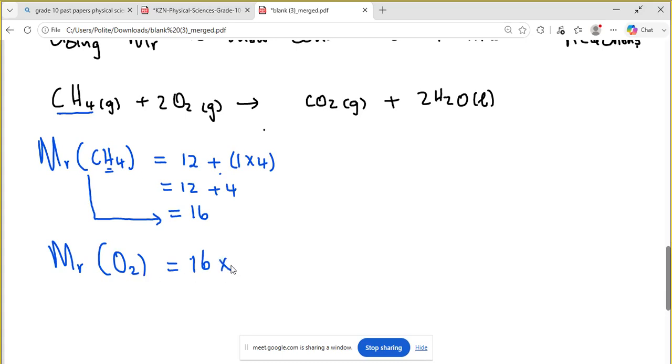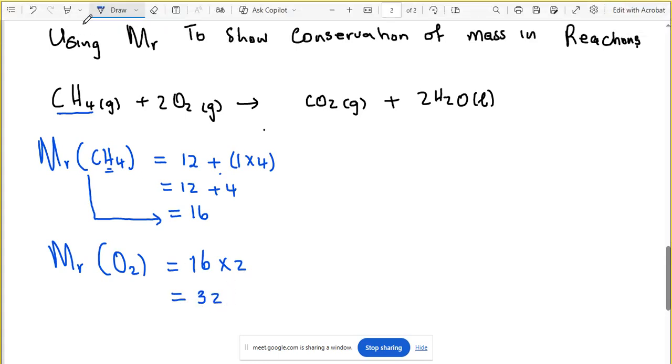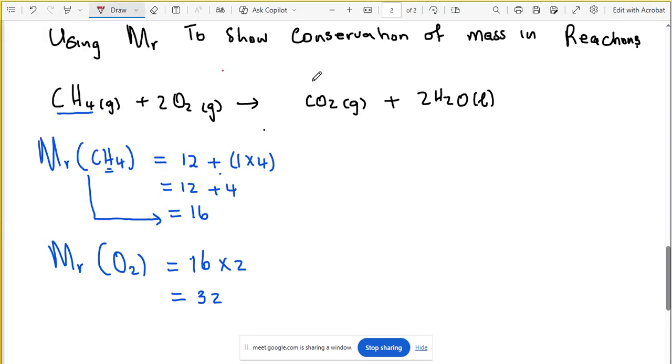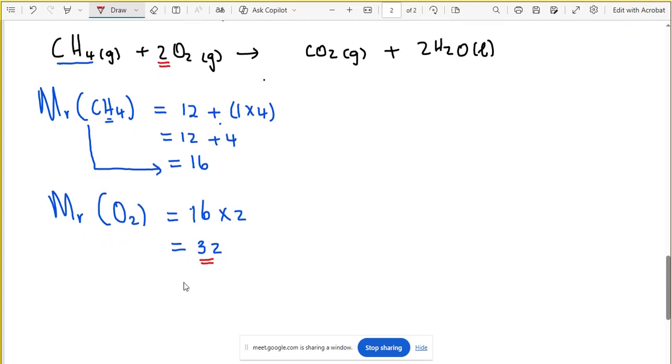You multiply this by 2. This gives you 32, right? Yes. Now, you're going to look at the number of molecules. This one has 2, so we need to take this 32 and multiply it by 2. So therefore, the mass, remember, this 16 is the mass